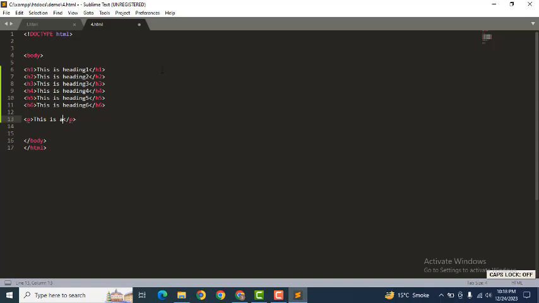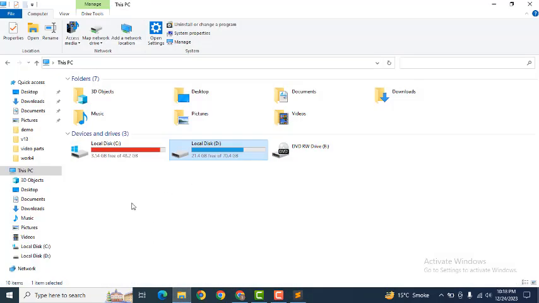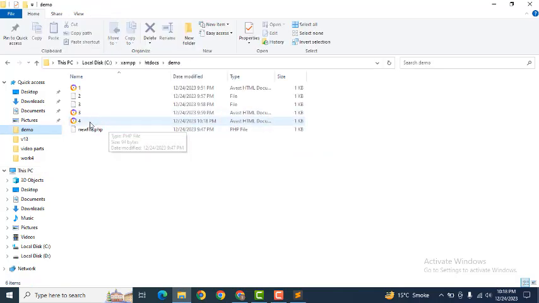After that here we can add text. This is a paragraph text. Now let's save and we can execute the program. So let's open the file